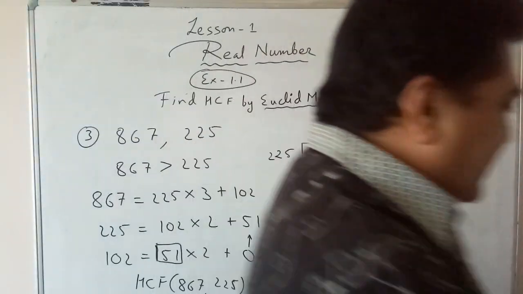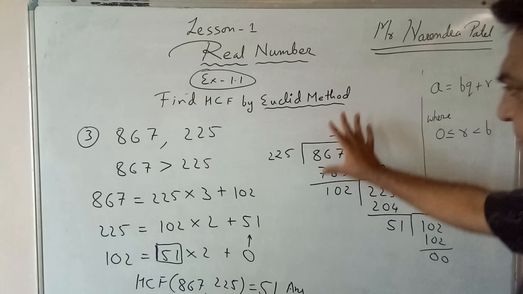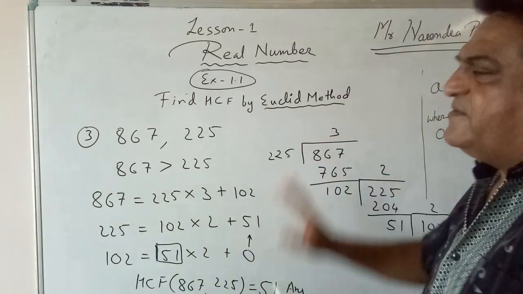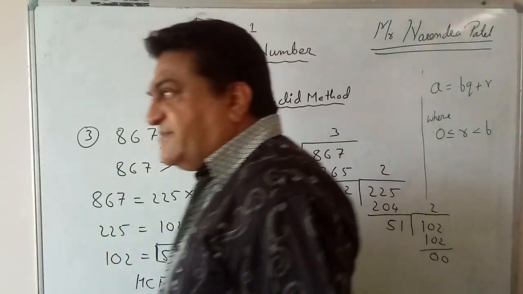Same way, if any type of sum is given, you have to do this rough work in your solution of the sum only. Don't do this rough work on the last page or some other place. You have to do this in your sum only, so that the paper checker can check it and also know how you are doing the sum.